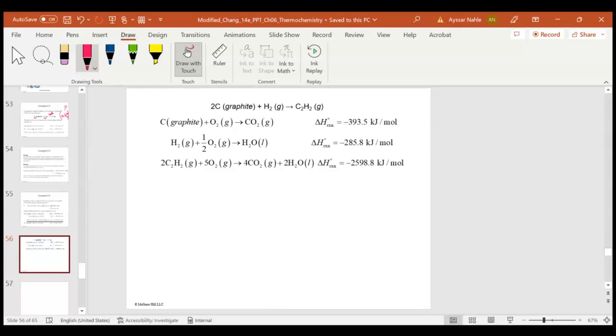Now, look what I'm going to do. In here, they give me 3 reactions. Reaction number 1, thermochemical reaction. They give me another reaction, number 2, and a third reaction, number 3. I labeled 1, 2, 3, so these are called what? Thermochemical equations. But now the question in here is he wants me to find the delta H not formation of